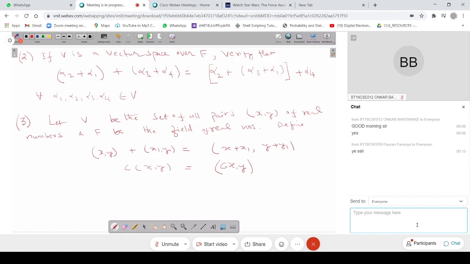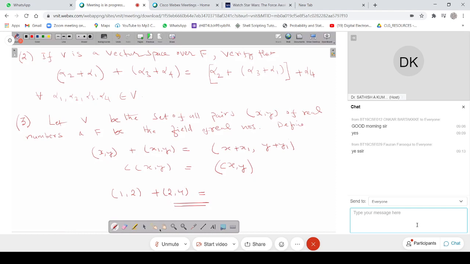But if you want to show that something is not a vector space, then you take some counterexamples. Instead of taking x comma y, one can take numbers, say 1 comma 2 plus 2 comma 4, and check the conditions. If you are able to prove that even one condition is not true, then you can directly say that it is not forming a vector space. But if something is a vector space, it will satisfy the conditions for whatever numbers you take. To show something is not a vector space, a counterexample is sufficient.